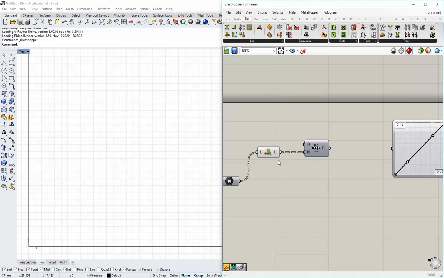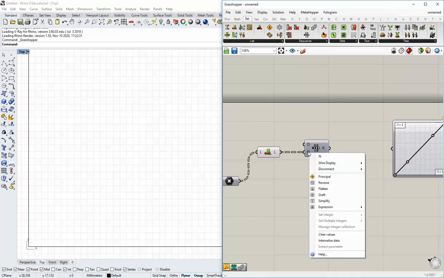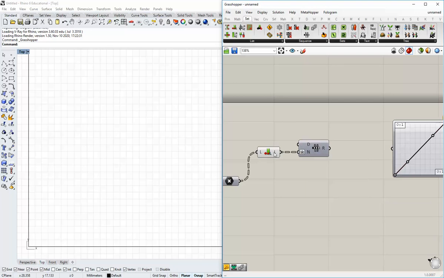That'll give us one extra data point, which is undesirable. So we're just going to right-click on this n input here and give it an expression. You can just hover over that area and type in x minus 1. That's just going to take all the inputs in and subtract 1 from it. So it's basically going to take 26 and turn it into 25 so that in the end we end up with the right number